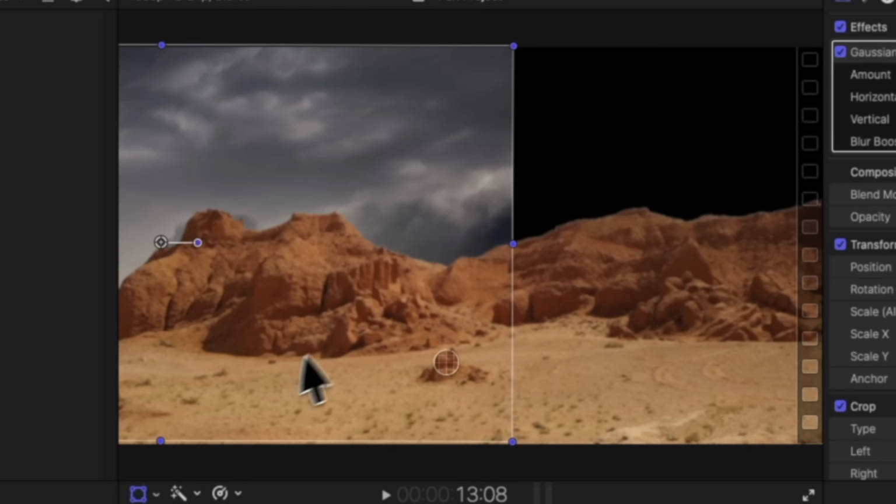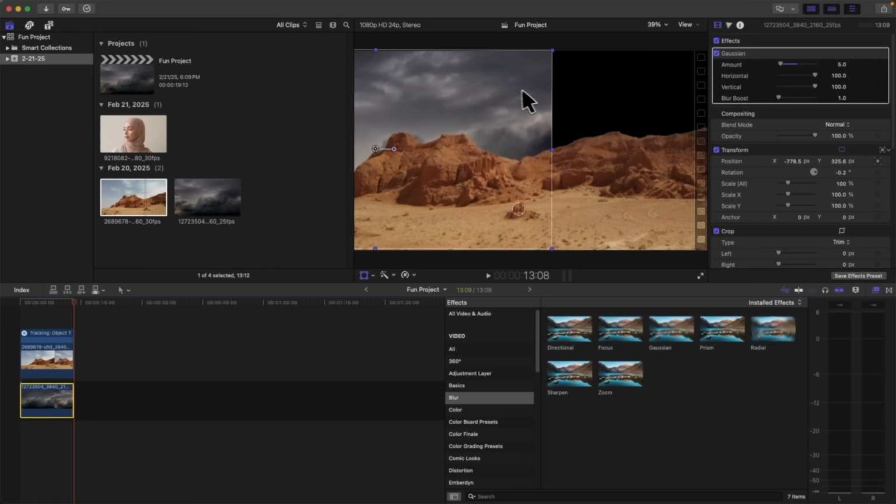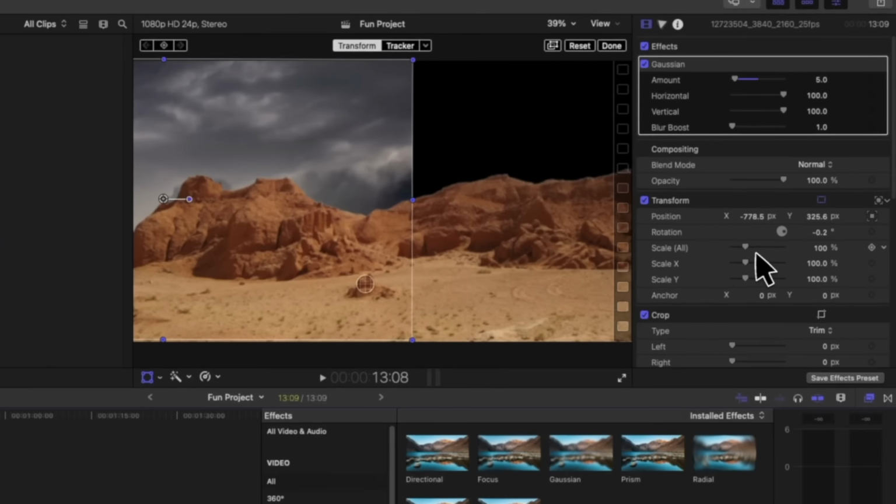Now, obviously there's a problem because it's basically moving the clip away, and now we have black in the background here. So what we need to do now is scale up and reposition that sky background so that it fits and it stays in front of this image the whole time. So I'm going to click on here, and I'm going to go over to scale and position, and